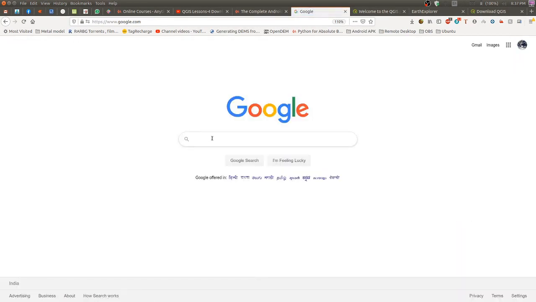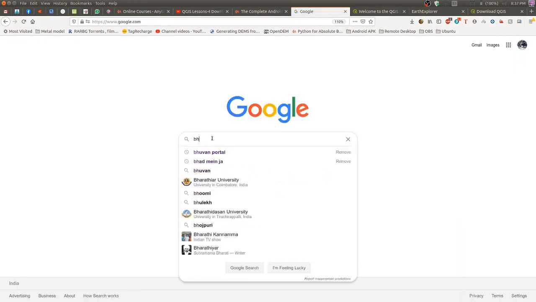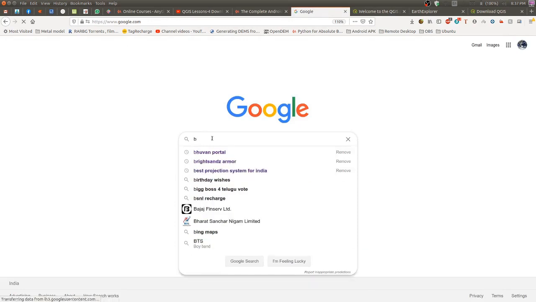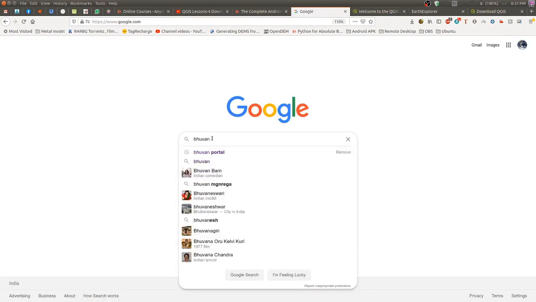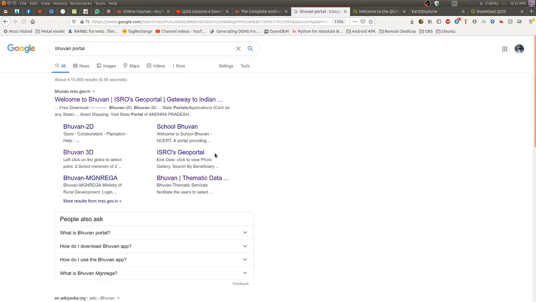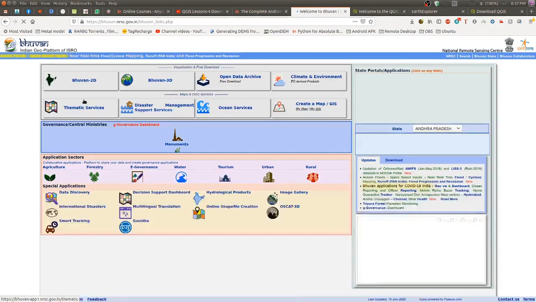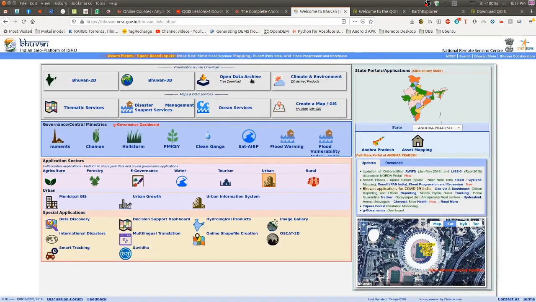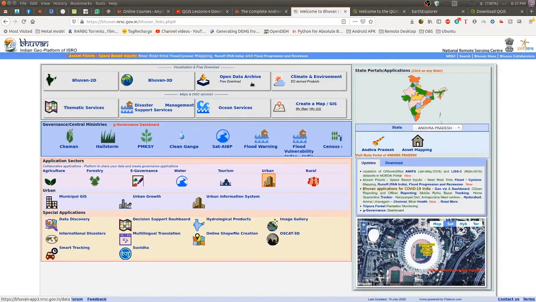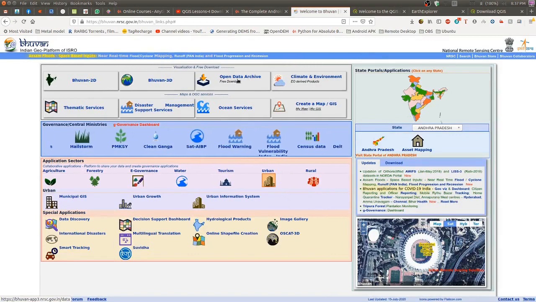From Google, you just search Bhuvan portal. This is bhuvan.nrsc.gov.in. Click on this. You will be taken to this window, and here this is an open data archive.